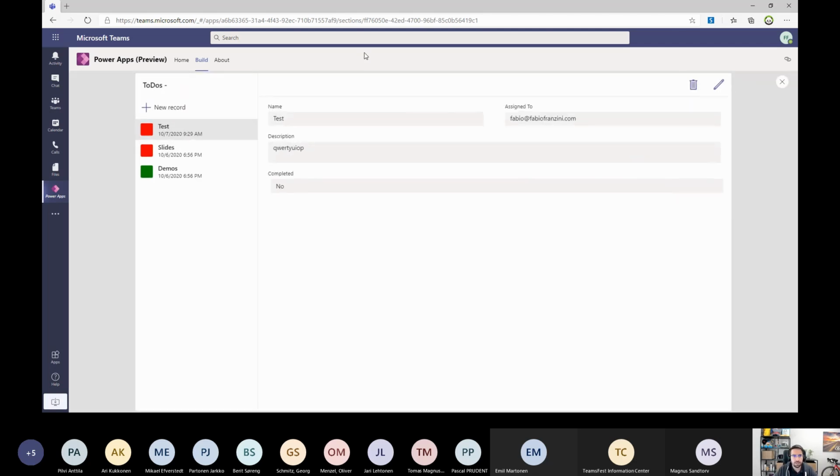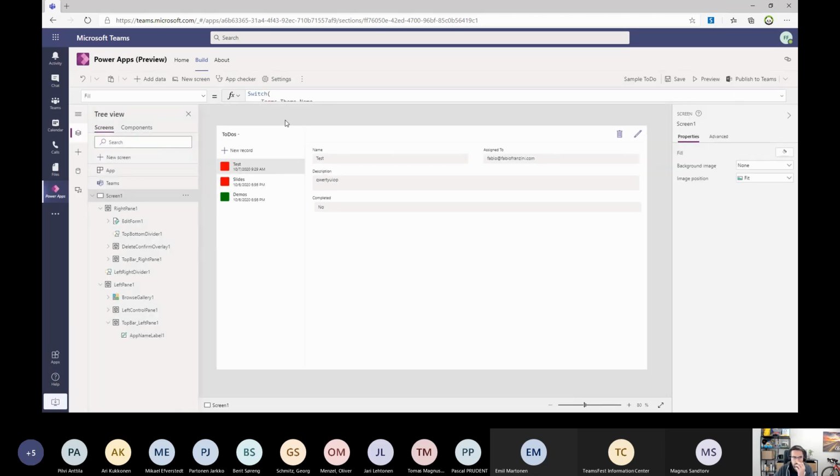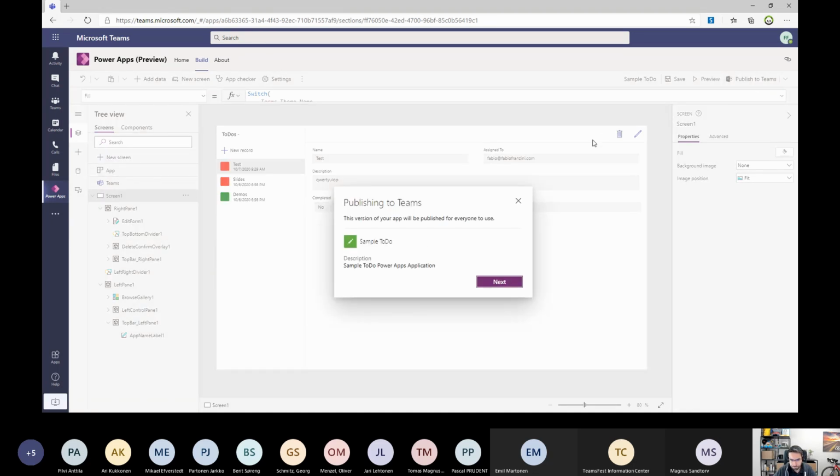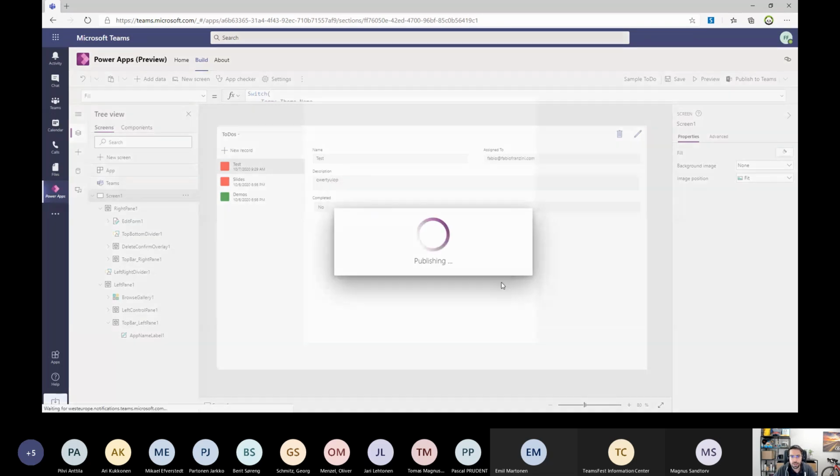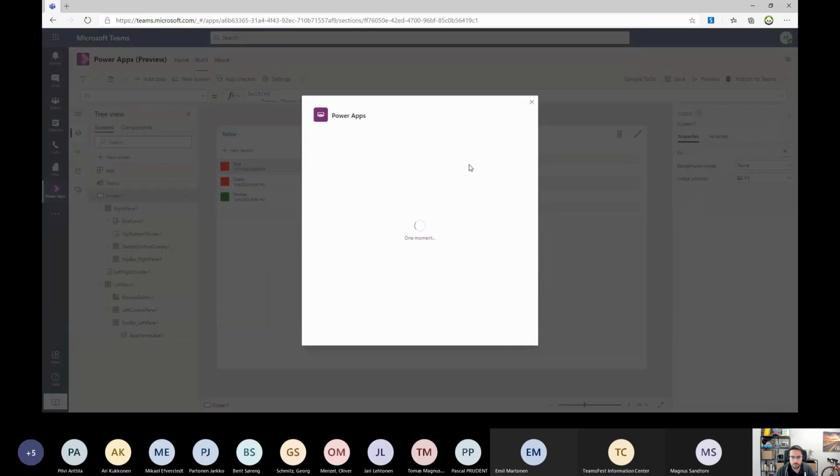Now we can test this app directly, but you know, in the design mode, we are not able to access the theme object, and then we are not able to display the current name. You see that this application is working, and when you have changed the application, now you are able to publish to Teams, and every time that you click on publish to Teams, basically Power Apps shows you the possibility to choose the channel. I already deployed this sample to the general tab of the Teams Fest demos.